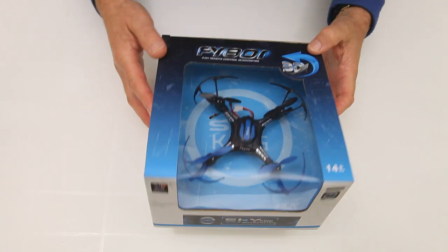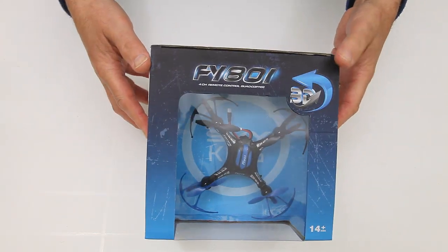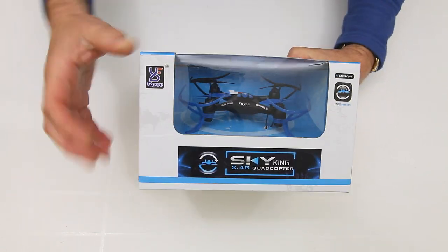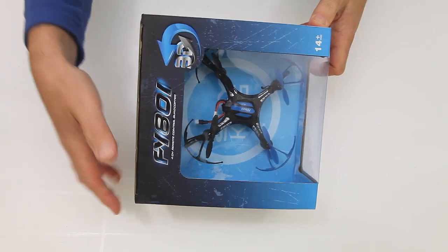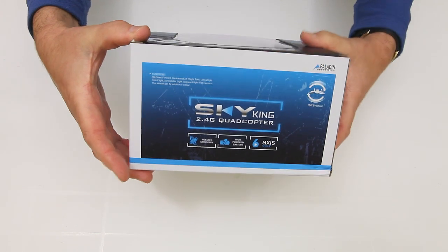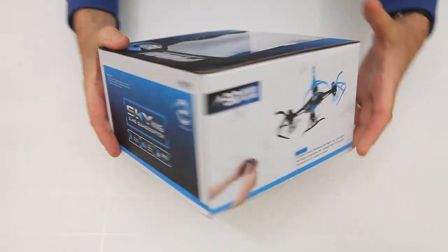Okay, so this is my review of the Fayee FY801 quadcopter. Just turned up from GearBest. Quite nice packaging. I like blue anyway, so it's a good colour for me, and quite a smart looking quad. The thing I was interested in on it is it can fly inverted, so you can flip it